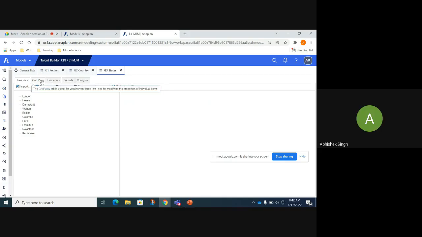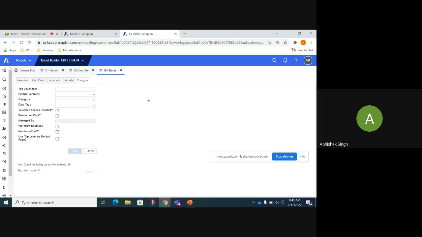We'll explore each one by one and understand what they are used for. But for now we are concentrating on the configure options. Any configuration which you have to define at the entire list level will be done under the configure option, out here under your G3 states.